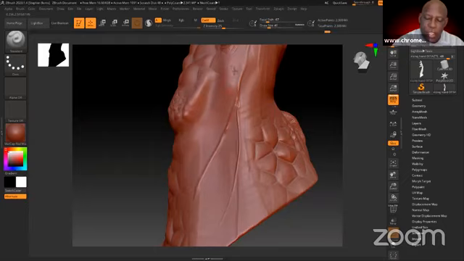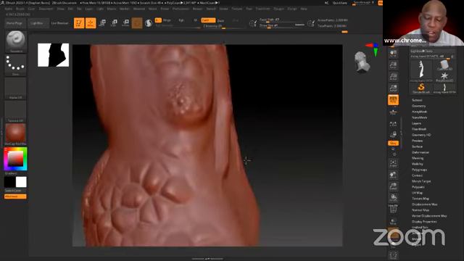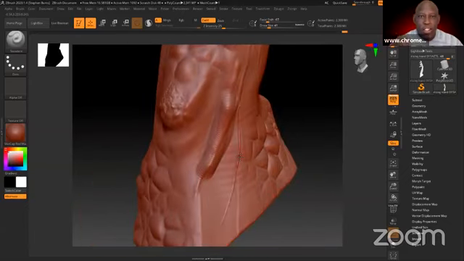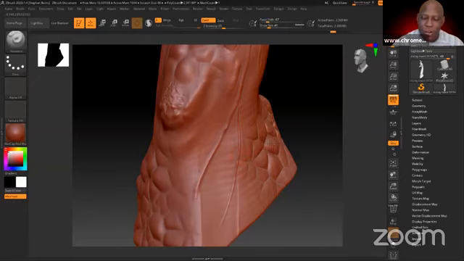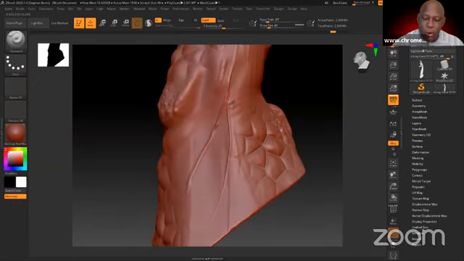If I press light, or if I press really hard, it gets real thick, right? So I can control the sizing as well as the depth of the piece based on the pressure of the pen. So that's how I did it. So once I start creating our little veins, there we go.